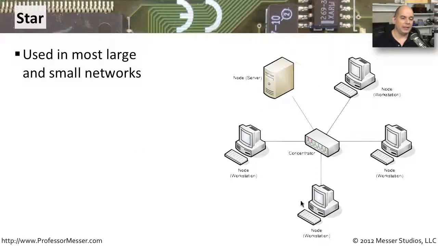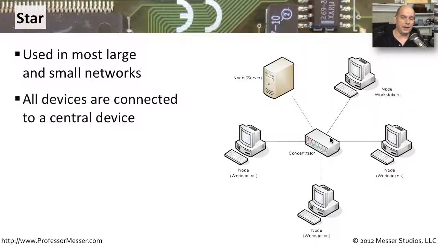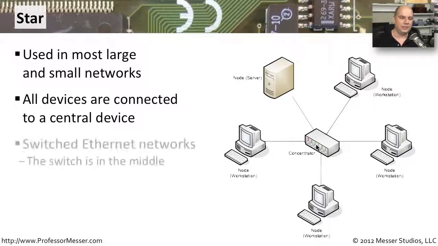Everyone on the network is out and connected to a single concentrator or switch that might be in the middle. Everyone's connected into this same device or a series of devices for redundancy. But you can see it's a star because everybody is connected into that central device. Nobody's really connected directly to one another. This is very common to see in switched Ethernet, where everybody's connected to a very, very large switch in the middle of the building or on the floor of the building, and you simply have that one device sitting in